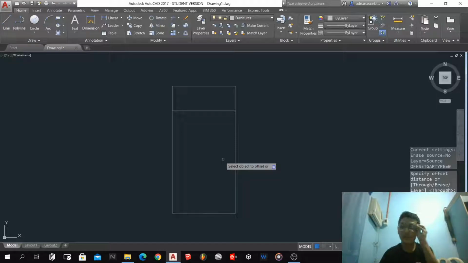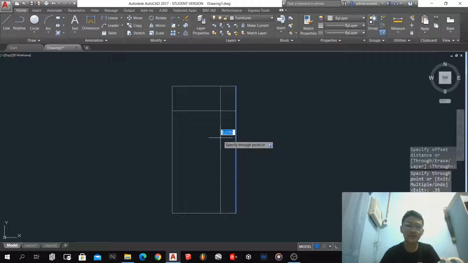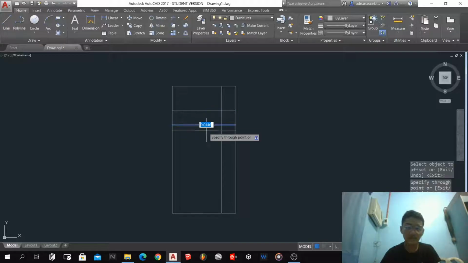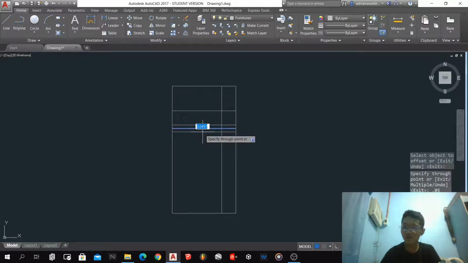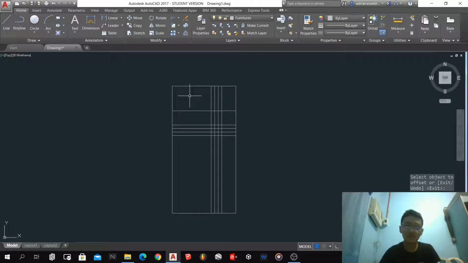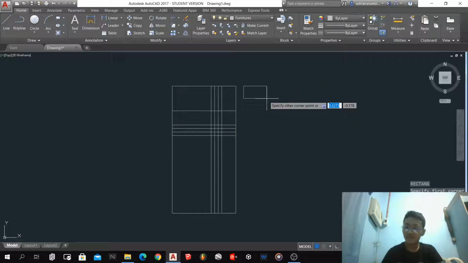And then after that, we are going to offset this for making design. You're going to make a design for our bed by typing the 0.05, which is the value that I am using. Then after that, we are going to make a rectangle with the measure of 0.35 by 0.35,